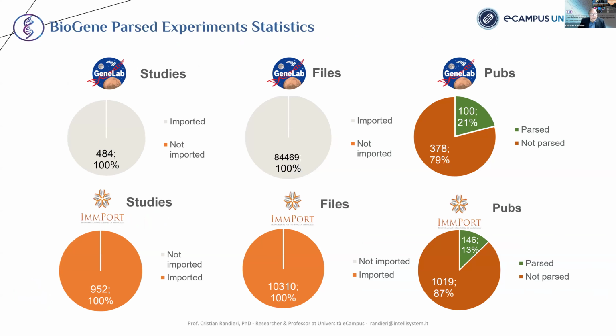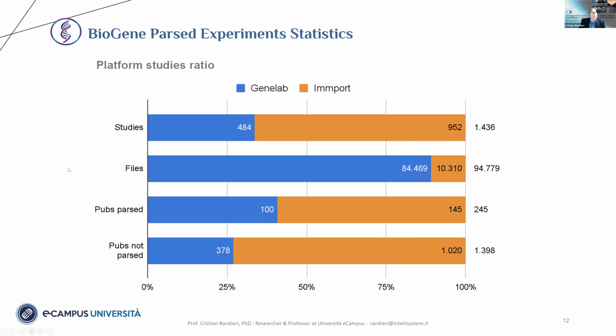This is the statistics regarding the parsed experiments. We were able to parse all the studies for both platforms, all the file names, and regarding the publications, we were able to parse only 21% of publications in GeneLab and 13% in ImmPort. This second statistic shows the overall studies scraped, almost 1,500. The files accessed were about